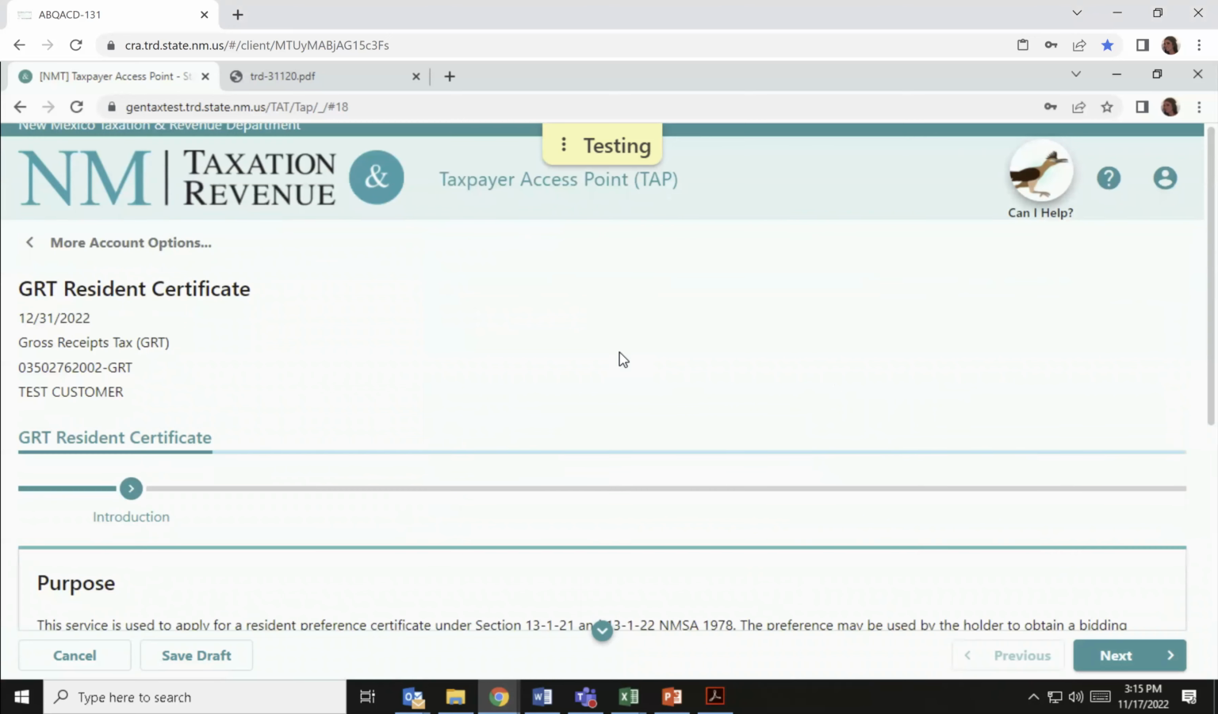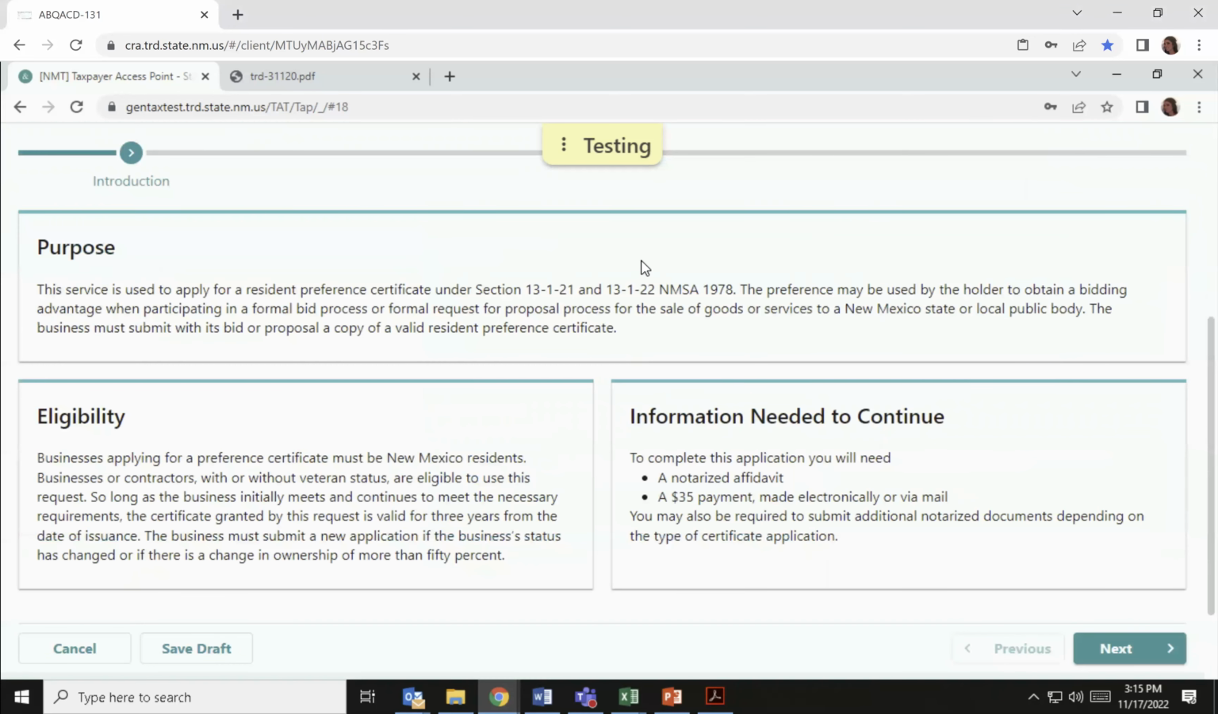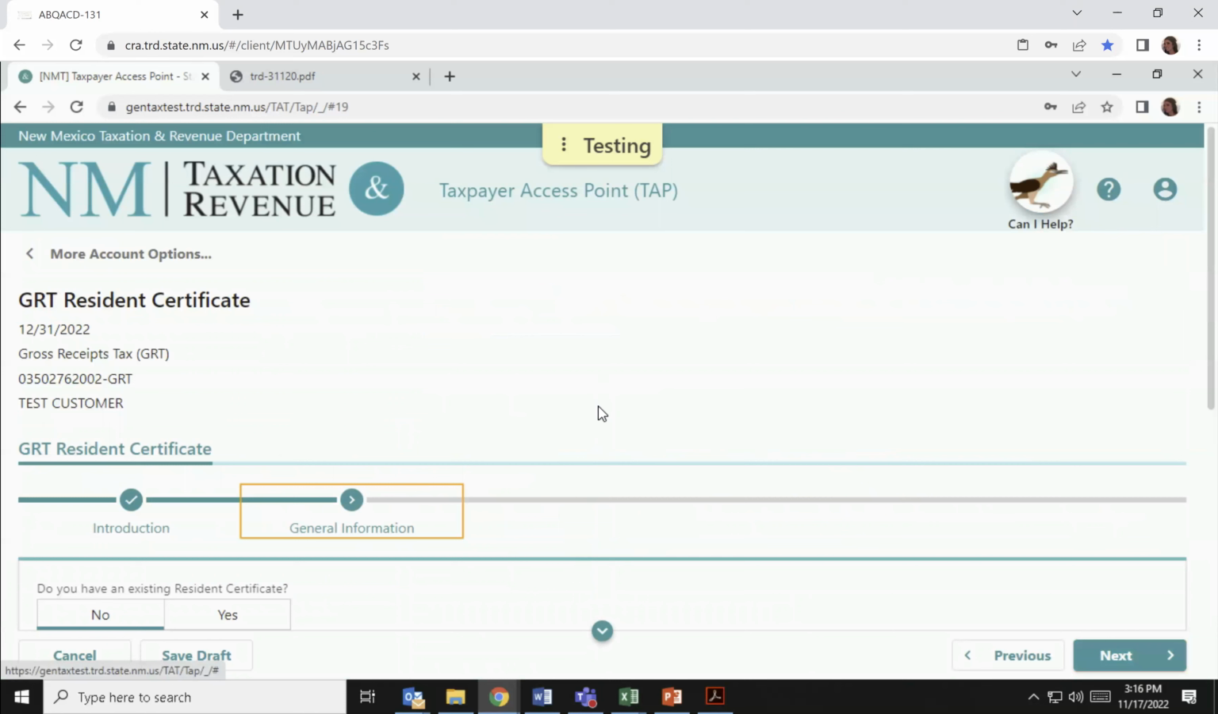Here we're at the very beginning of the application. It gives us the statutory reference for the preferences, explains a little bit about the eligibility, and gives you all the information you need to continue, which will include a notarized affidavit that you'll attach to the application, as well as be prepared to make the $35 payment for the application. So once you've completed the review of this page, you'll select next, and it will bring you to the first